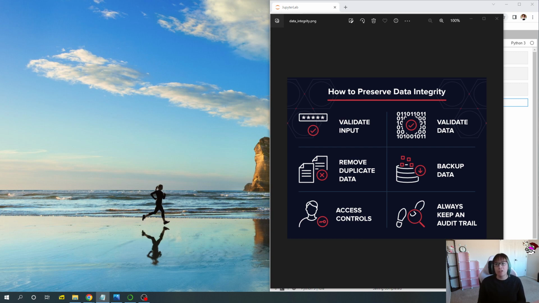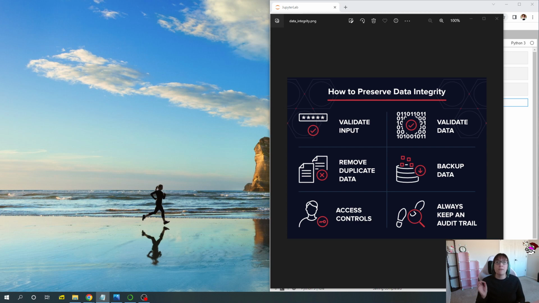One other thing that you can do is validate the data. You can do this by comparing it against an outside source. And also what you can do is make sure that it's complete and also remove duplicate data. I shared with y'all yesterday, when we were reviewing uniqueness, a way that you can do this in SQL. Again, data integrity is related to security as well.